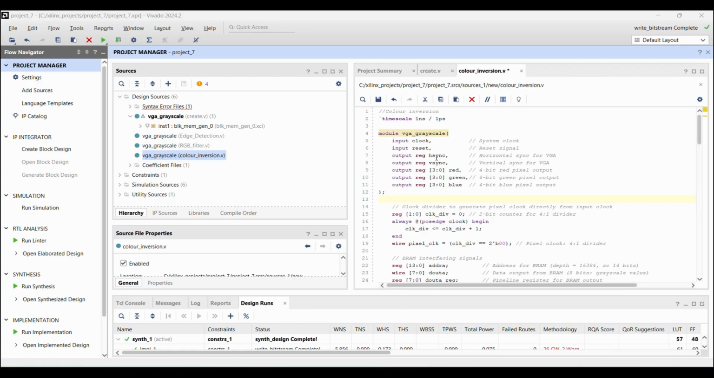I have implemented color inversion on a grayscale image using Verilog and VGA output. The image is loaded from VRAM and displayed with its grayscale inverted in real time. So in the first block, just like the grayscale module, we use a clock divider to derive the pixel clock from the system clock. The grayscale image is stored in VRAM as an 8-bit value per pixel, and we access it using a 14-bit address line, enough for our 128 by